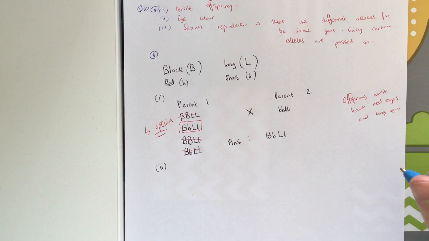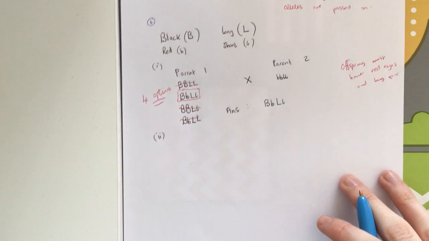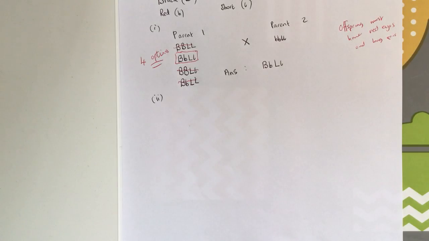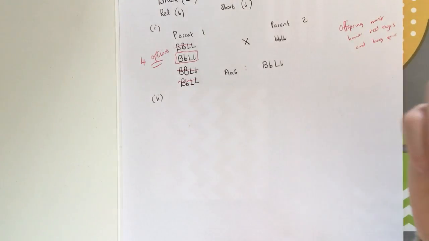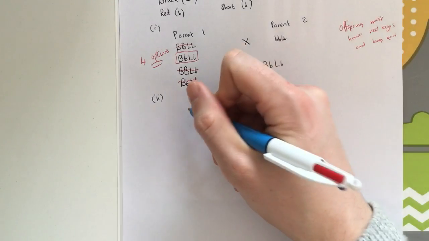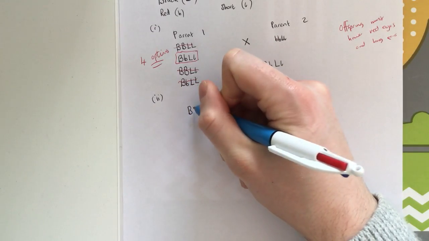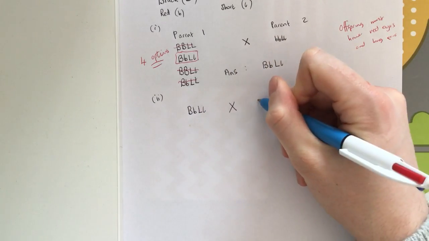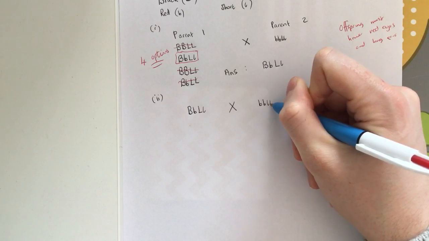For part 2, we're told what percentage of the offspring have genotypes that differ from the parents. Write out the genotype of these rabbits. Now, again, for this one, you have to do a genotype cross. It's not telling you to do a genotype cross, but you just need to know that you need to do it. Okay, how can we find out what the offspring's genotype is and answer this question? Well, what you can do there is do your Punnett square cross. So I have big B, big L, small l, times small b, small l.